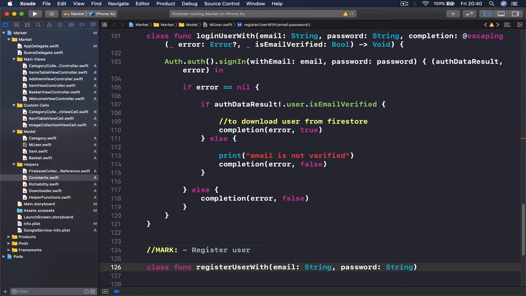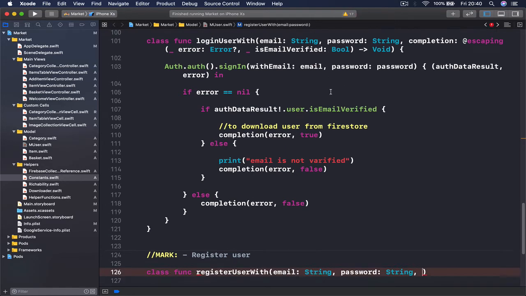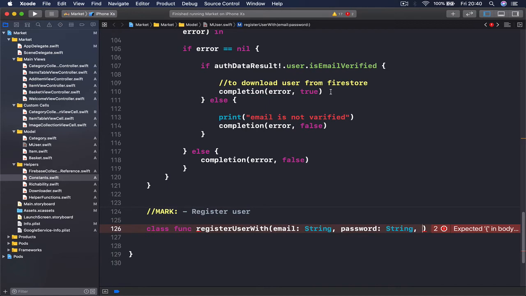And this function, like the previous one, is going to have a callback because we want to be notified whenever our register was successful or not. So I'll say completion